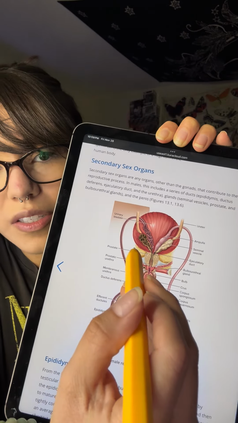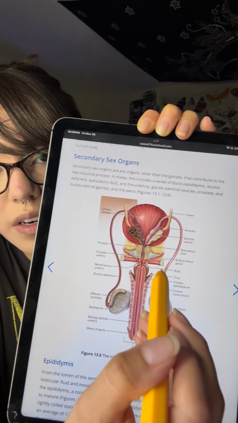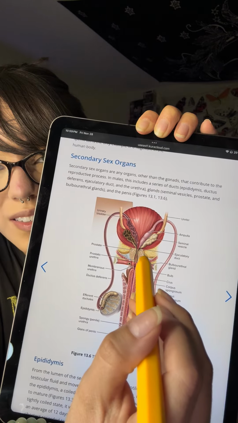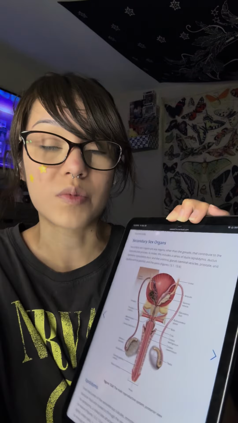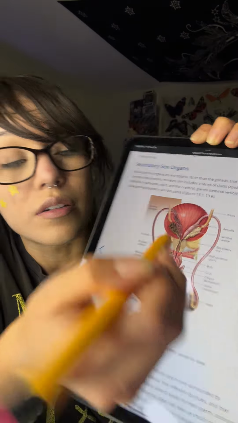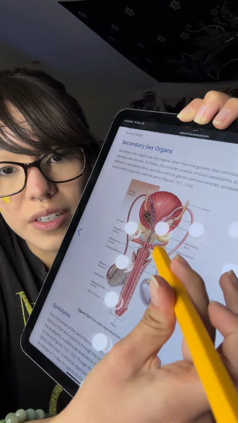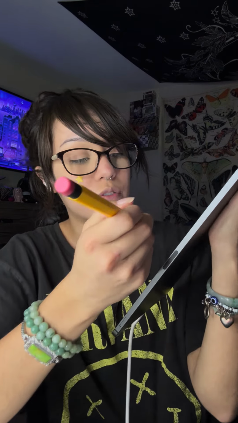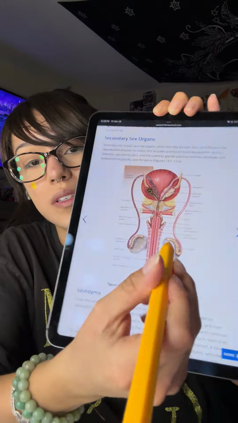Yeah, so there's the seminal vesicles, this structure right here, the prostate gland, aka what people tend to go get examinations for, because sometimes prostate cancer can be a huge issue in older men. And there's a tiny little bean-like structure right there that is the bulbourethral gland. Oh yeah, and then the penis is also made up of corpus spongiosum and corpus cavernosum,